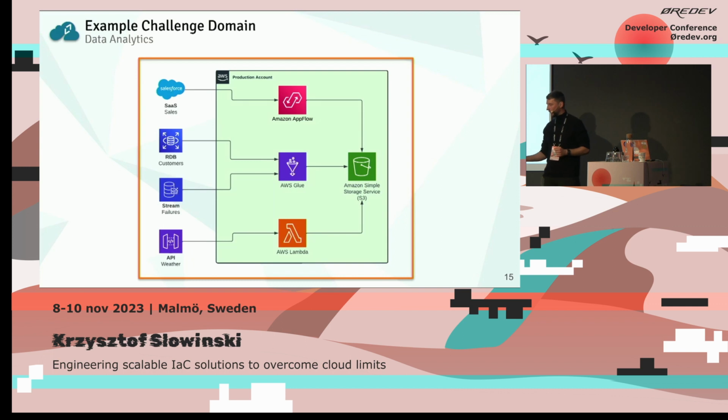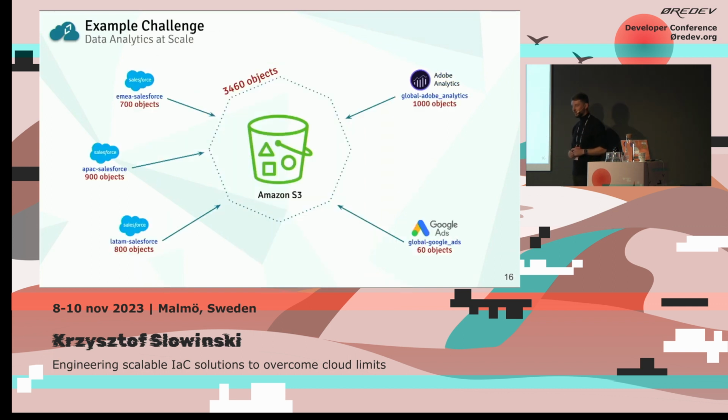And with this domain, let's introduce the example challenge that we have. The challenge is to ingest the data from around 3,400 objects spread out across those 5 systems. So we have 3 Salesforce instances, we have Adobe Analytics and Google Ads, and we want to create an automated infrastructure as code solution for this problem. So you might be thinking, okay, we have 3,400 objects to ingest. This is going to be easy because the